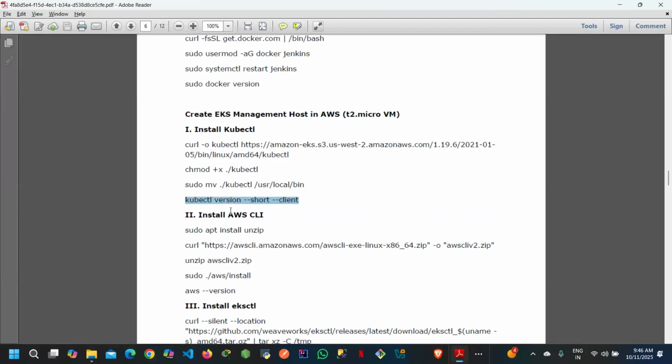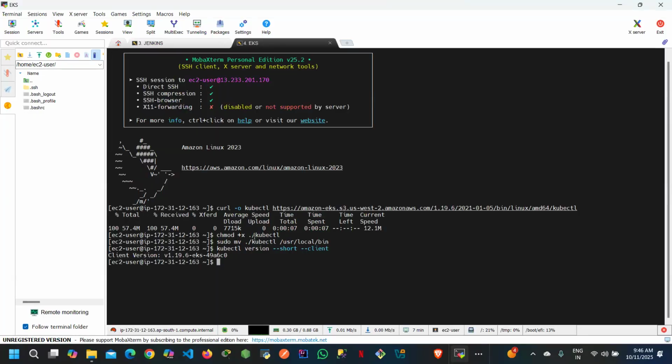Besides the kubectl installation, I want to install the CLI as well, right? So just copy this and install the unzip command. The unzip tool is not available by default on this virtual machine, so I want to install the unzip command first, because sudo apt. Okay, sorry guys, this is our Linux machine, right? So you can change this apt to yum. Click on enter. So what does unzip do, guys? If you are trying to install any zip file that I want to unzip here,